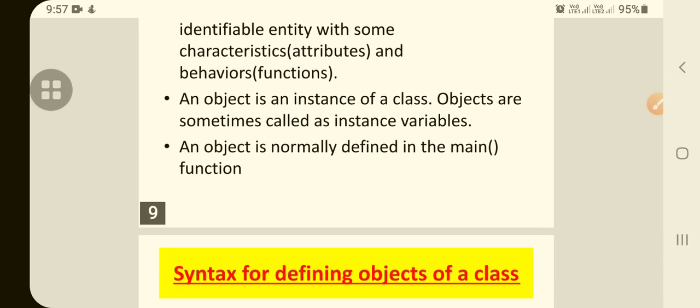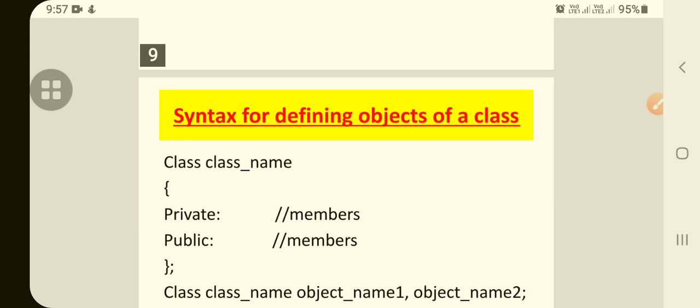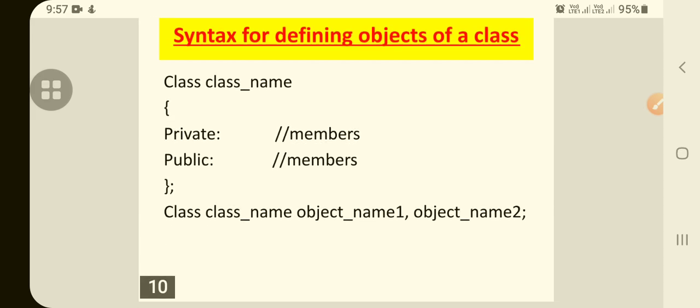In other terms, an object is also called an instance of a class. An instance of a class is called an object. So objects are sometimes called instance variables. An object is normally defined in the main function. Okay, so we will understand this through the syntax. So here, dear students, there will be a class, and with respect to that class,